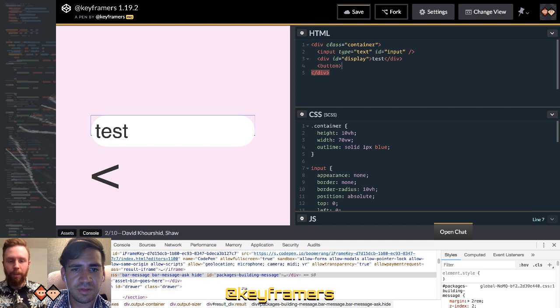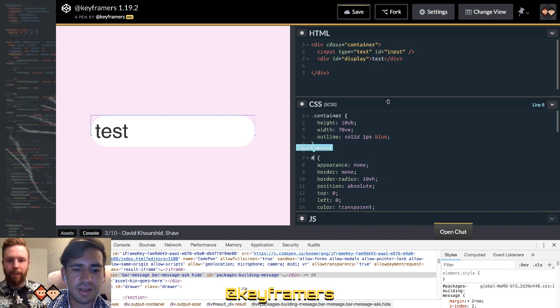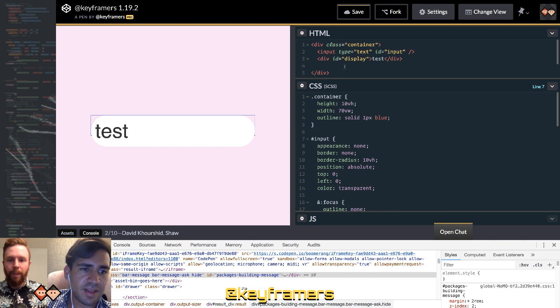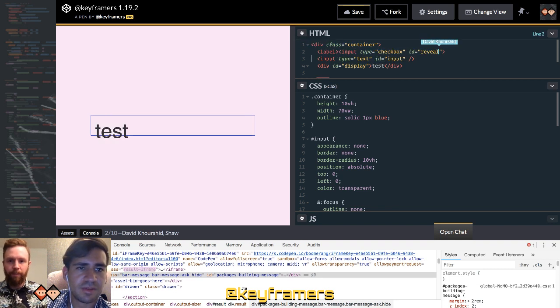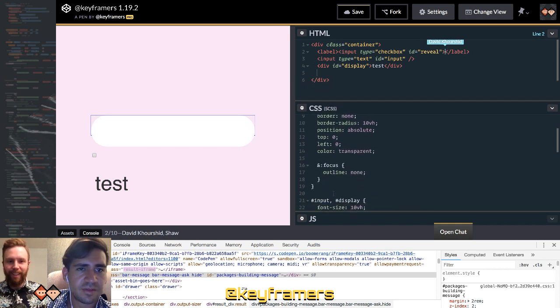Does it need to be a button to reveal it, or should we do an input hack, checkbox hack? Yeah, it should be a checkbox, really. Also, for this, I could just use the ID of input. Be as confusing as it is. Okay. And then we could just have a checkbox. Oh, okay. A label.